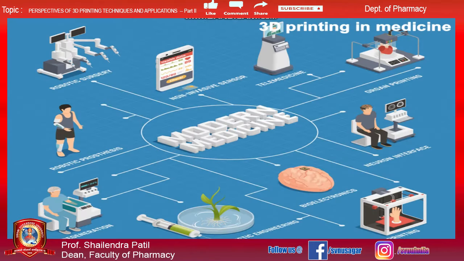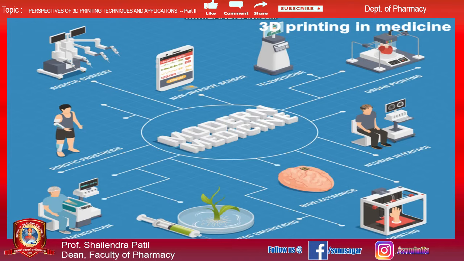Now coming to the 3D printing techniques used in medicine, you can see in this picture the various applications. This 3D printing technology can be used in robotic surgery, as we discussed in part 1. Apart from that, it can be utilized in telemedicine and in organ printing also. You can use this technology in neuron interface development and in bioelectronics. You can use it in limb prosthesis development, or limb printing, the prosthesis fabrication.